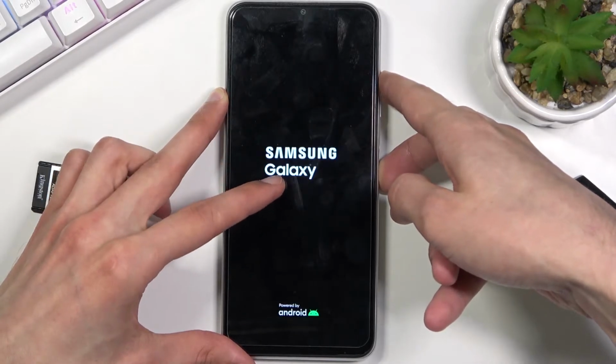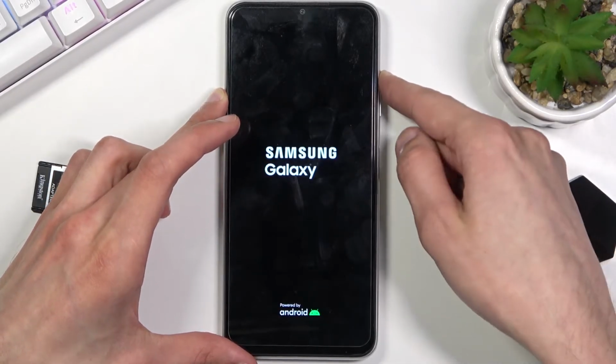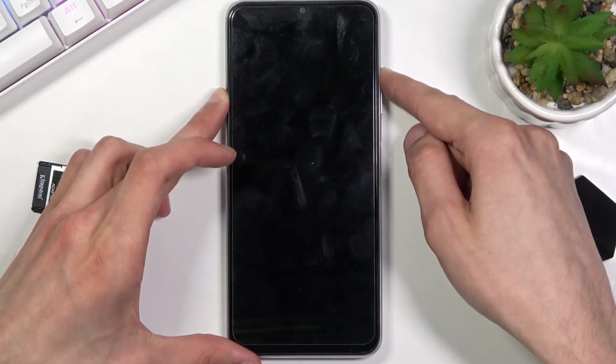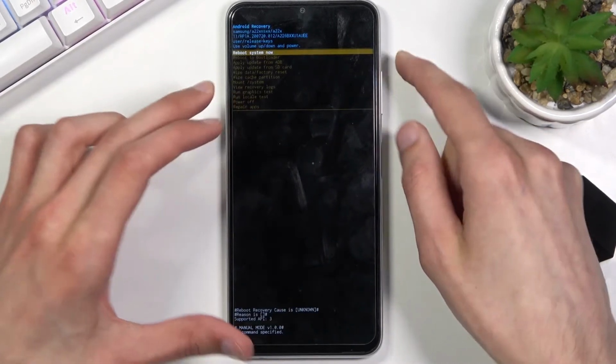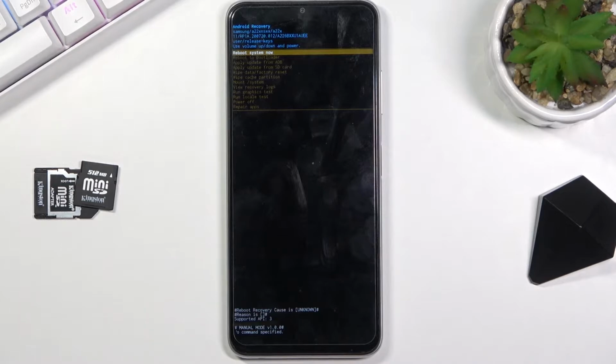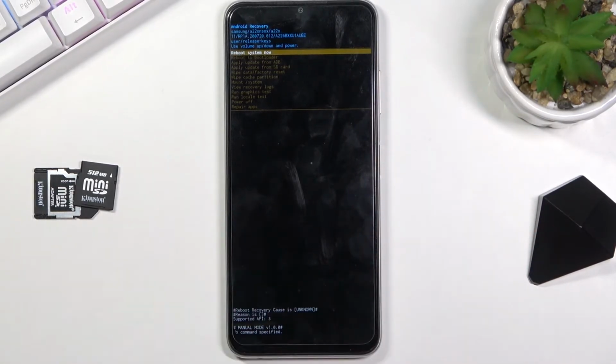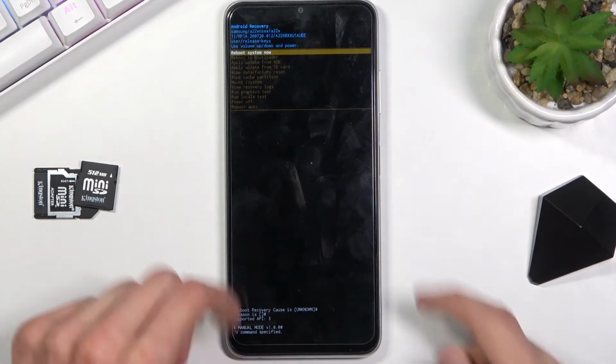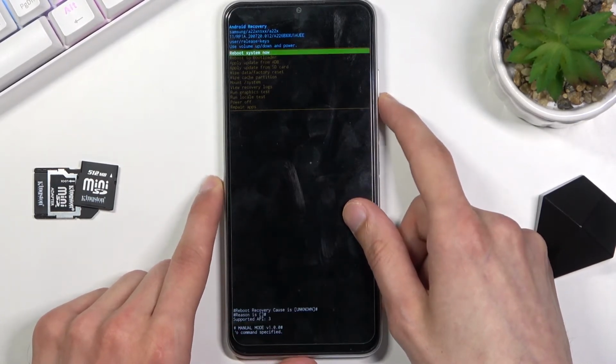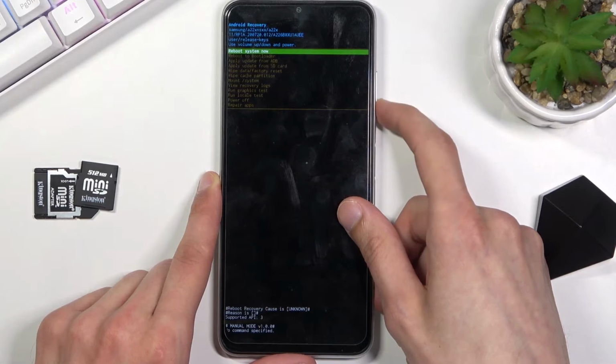And once you see the Galaxy edition on the logo, let go of the power key, but keep holding volume up. This will boot us into the recovery mode. So in here you can use the volume keys to navigate through the menu, and the power key will be used to confirm whatever is selected. And going quickly over the options that are accessible here, we have reboot system now, which